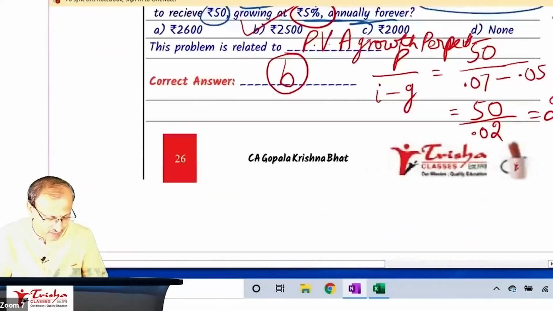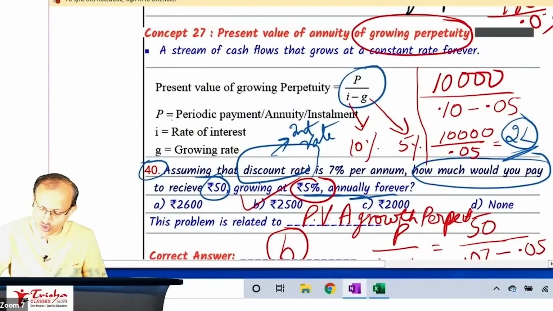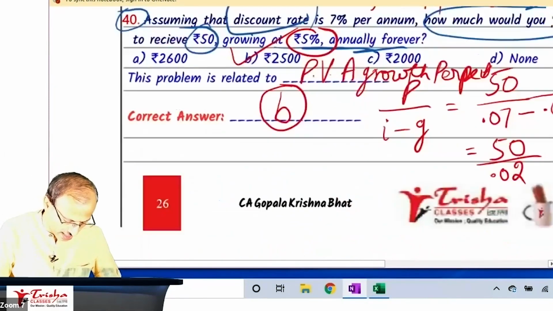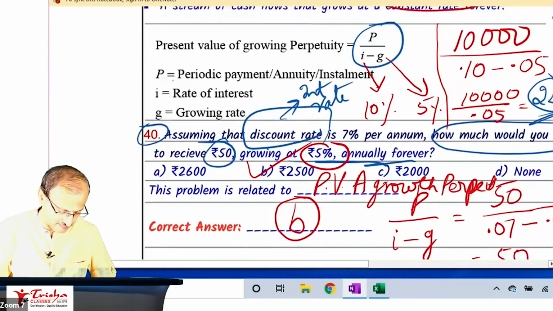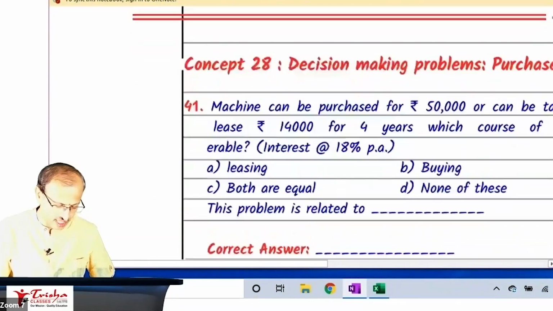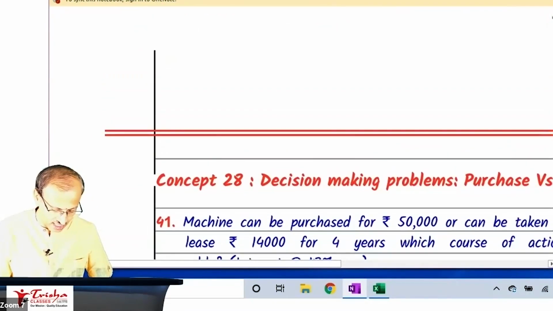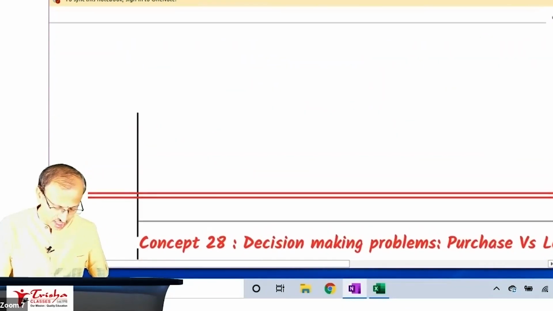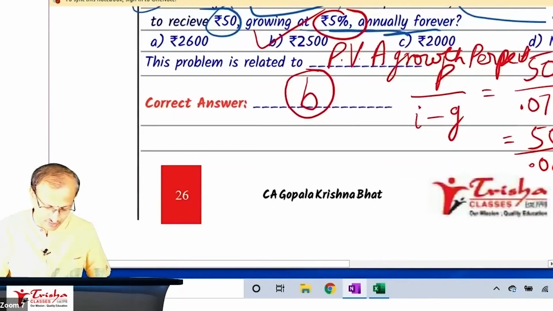Super. Students, post this, and I told you this again comes to you in the CA Intermediate, in the topics called cost of capital and also a chapter called decision making. Sorry, it is dividend policy, cost of capital and dividend policy. And now we have to discuss the fourth area. So four parts. The fourth area is all about decision making problems. This is the next thing which we are discussing.